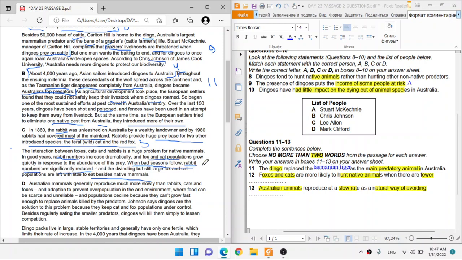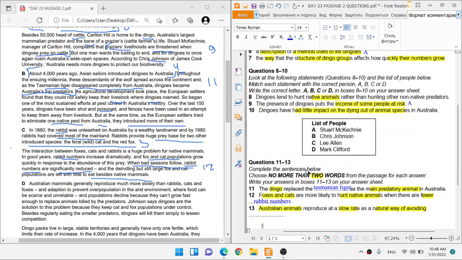So you just need to write rabbit numbers. I know it probably does not ring well, but you cannot take the word rabbits here, because it would make perfect sense if that was the case, when there are fewer rabbits, but it is not. You cannot change the part of the statement where the answer is coming from to make it fit. That's not possible. Do I have any of the other ones?